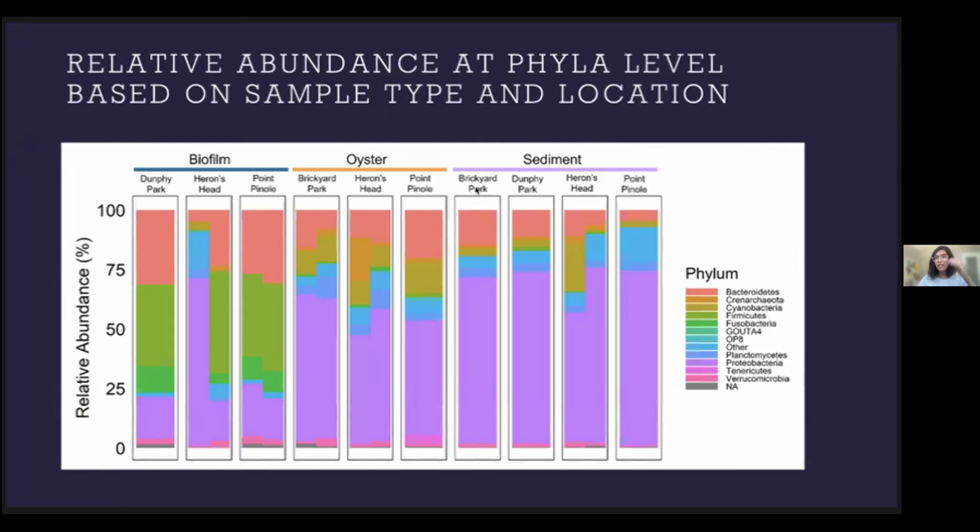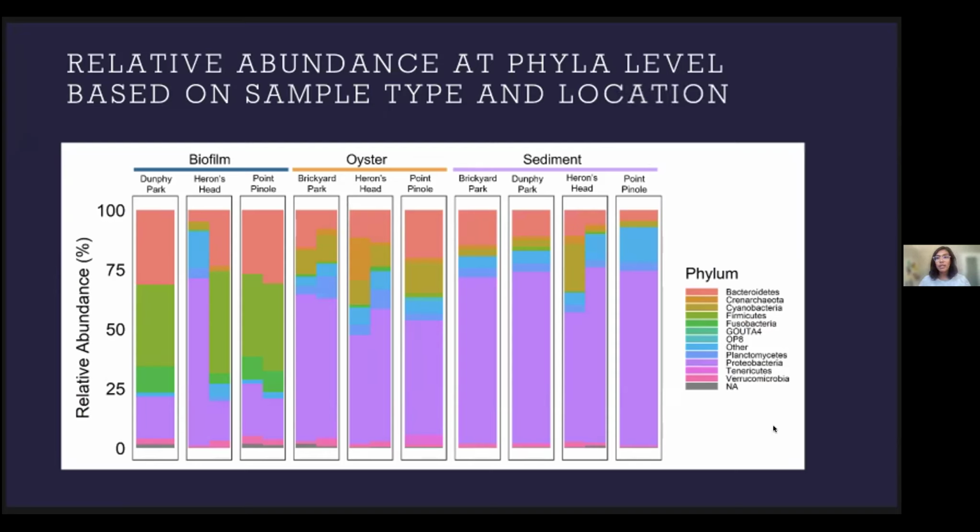I guess we could have arranged them for you in the order of the map, so it might have been easier. For biofilm and oysters, we didn't get some samples, and the 16S amplicon sequencing data failed. It could have been an issue with our pipeline as well, so this is something that we have to look into. So I do not present data from the samples that didn't work, and that's where you see just 3 sampling locations.